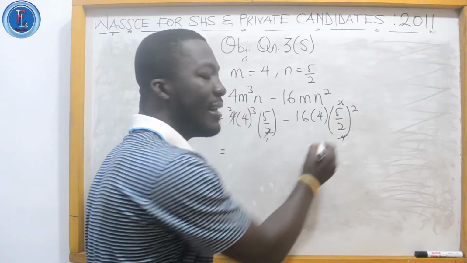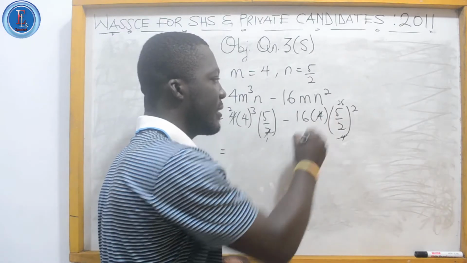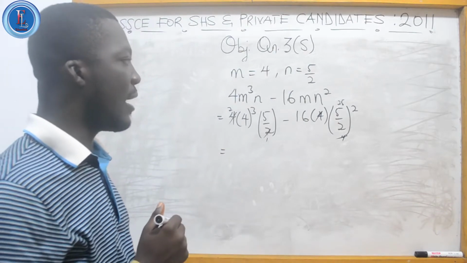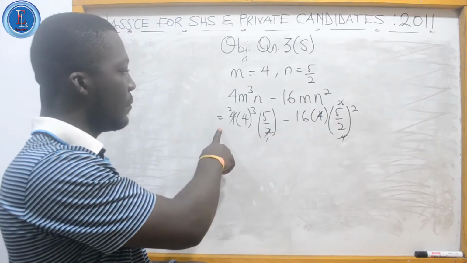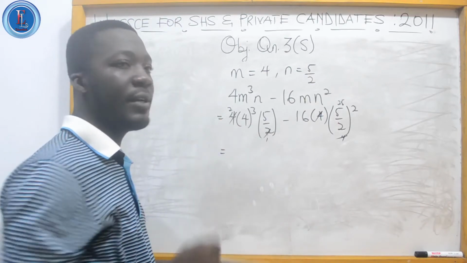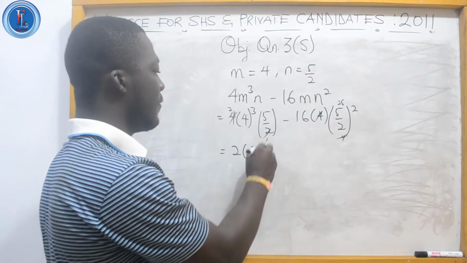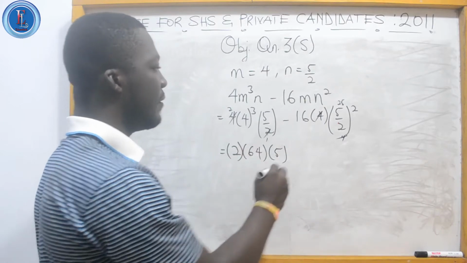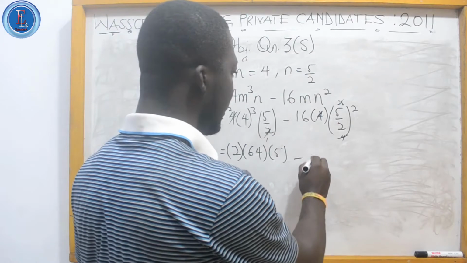So this 4 at the denominator side can cancel the 4 at the numerator side. So let's do our multiplication. 2 times 4 cubed is 64. So let me write it 2 times 64 and times 5. You have this, and when you come here, we will get 16